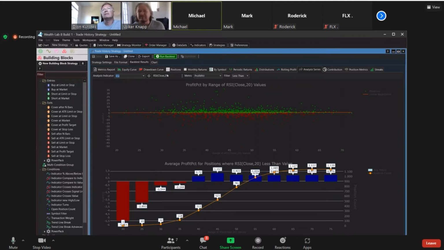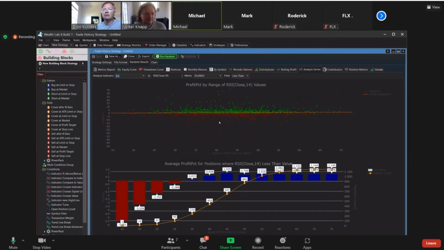The reason is that 20 is roughly 1 month of trading days. That's really the only thing behind it. We could change the period here. If you click on that little gear, we can change it to 14, or whatever period we're interested in. It's definitely under your control. And yes, in the books they always say 14. I know that, but that's really